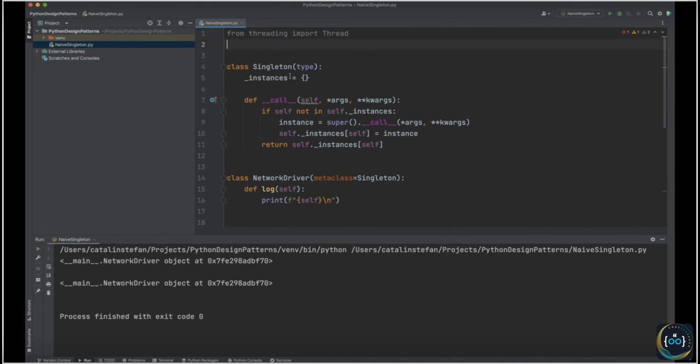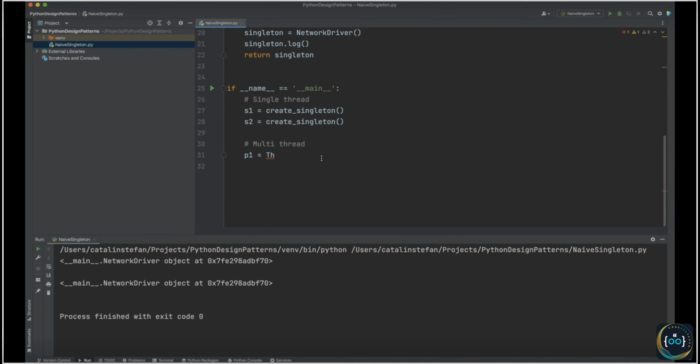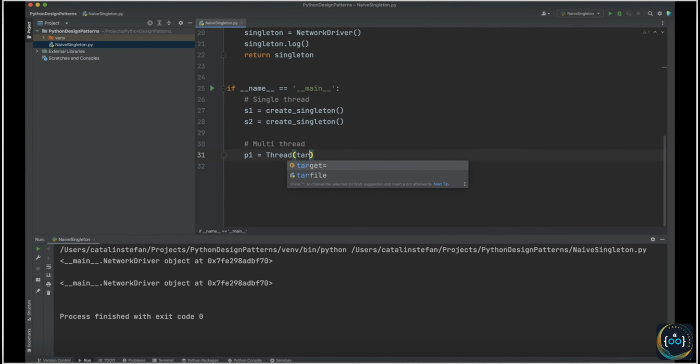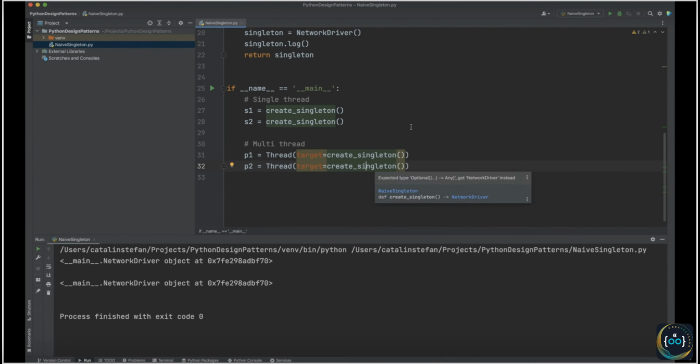Let me put a space here. Okay, going down, I have P1 equals thread, and I have target equals create singleton. And I will have P2 equals thread with target equals create singleton. So this will create two singletons on two threads. So let's see how this works. If I run this,